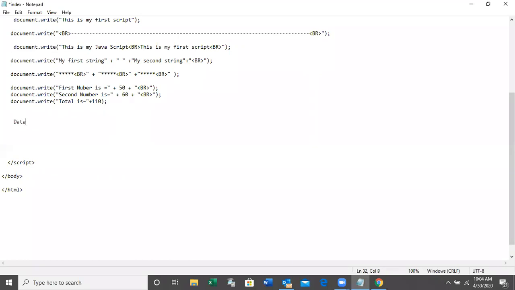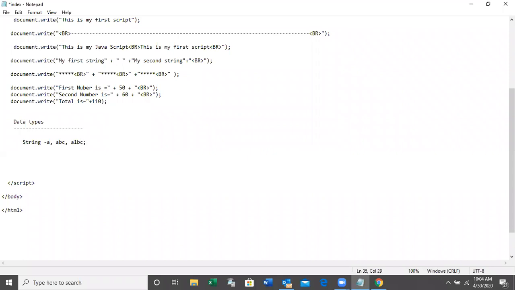The first data type is string data type. S-T-R-I-N-G. String means text. So what is text? A combination of characters. Say A, ABC, A1BC.